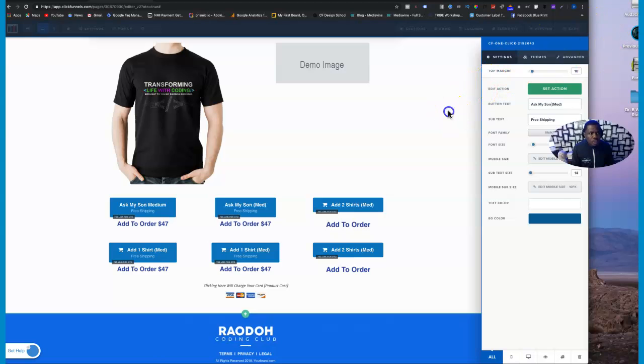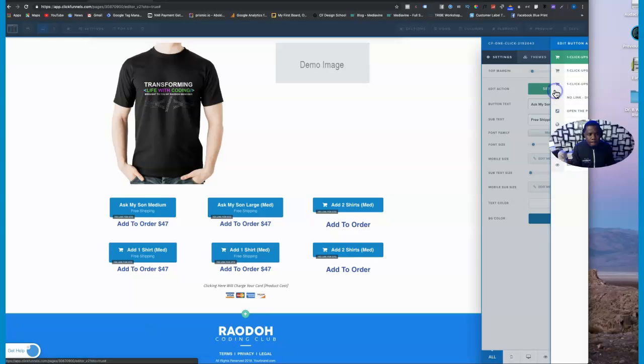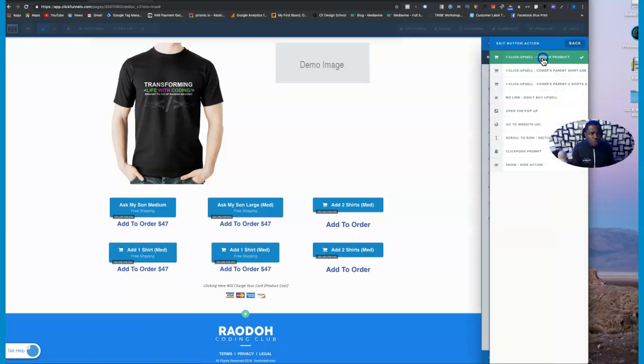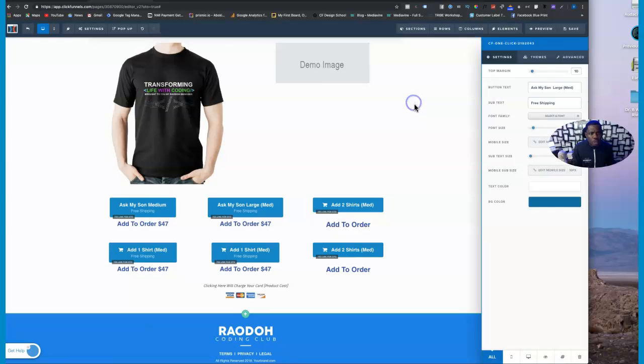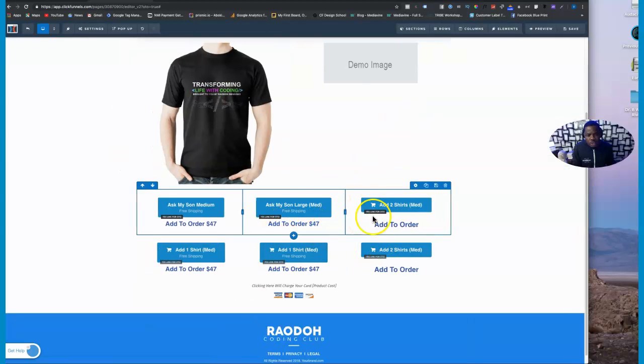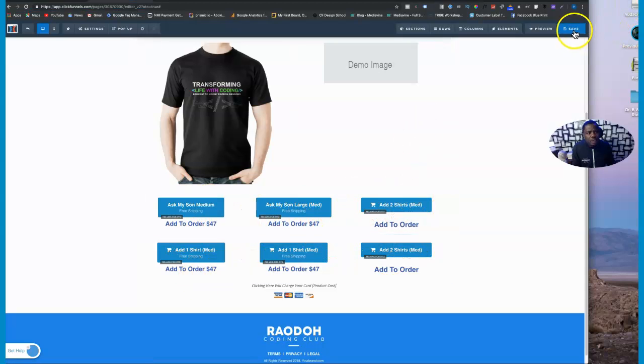So basically that's how you name all the buttons. Set this one to Ask My Son. You choose a product, Ask My Son large. You do the same thing with each and every one of these buttons. Link them to the appropriate product that you've created. So now that you've done that, and of course you save it, what you now want to do is to